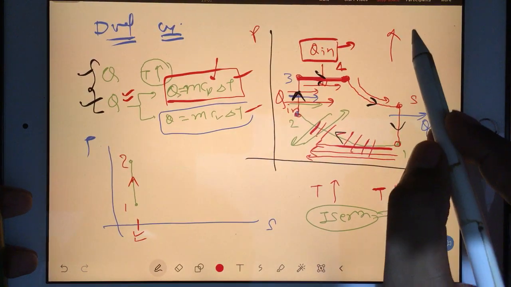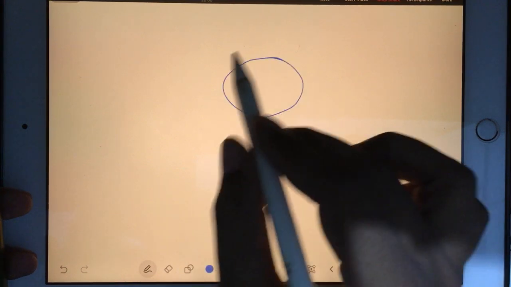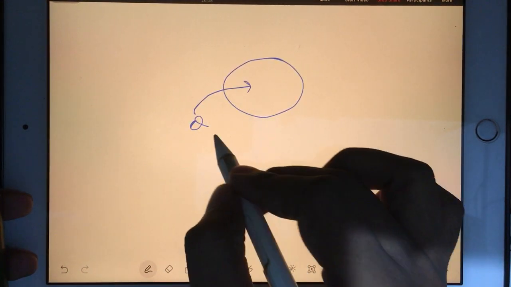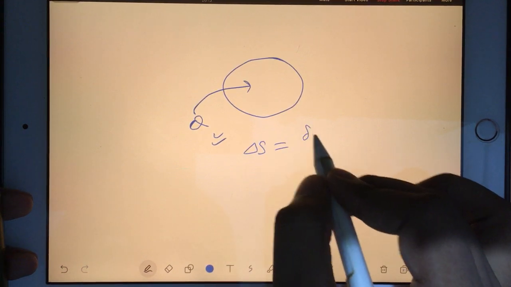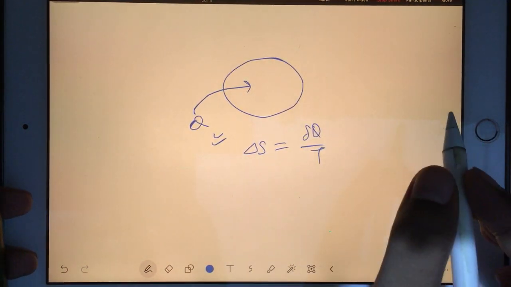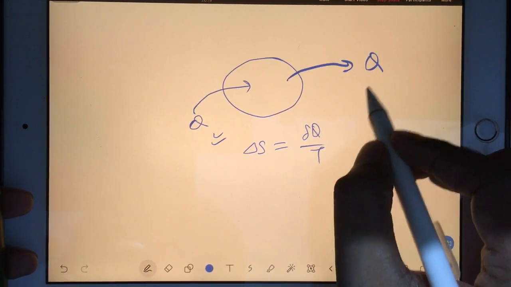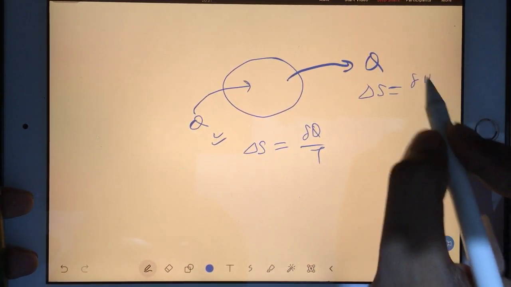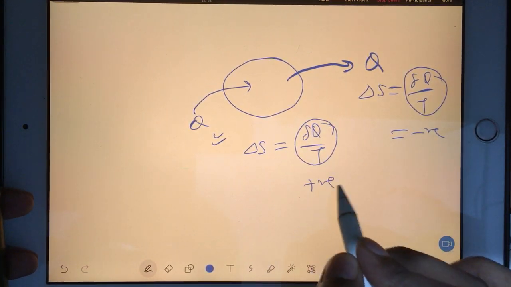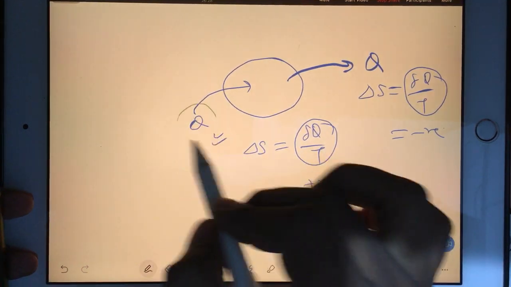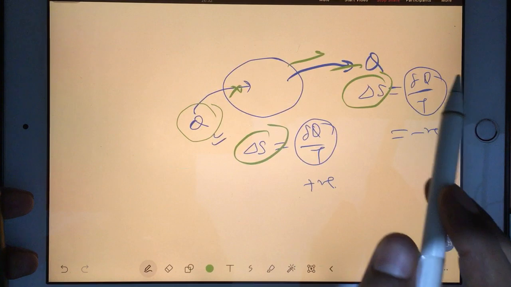I will change the page for some additional knowledge, then I will come back to this page. See guys, in the system whenever you supply heat, your entropy increases, right? And that change in entropy is given by the formula heat transfer divided by temperature, right? But if the heat comes out, then your entropy will decrease. So that entropy decrement is given by the same formula. Only thing is this answer will come as negative, and the other answer will come as positive. So keep in mind, heat transfer, either input or output, will change the entropy.